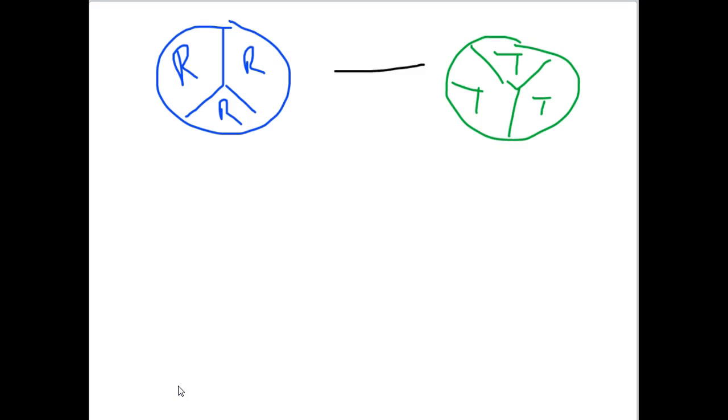And they are in an equilibrium, but that equilibrium favors the T form much more than the R form. So let's say, for argument's sake, that at any given time, this is a 90-10 split or proportion. In other words, 90% of the enzyme remains in the T form and 10% remains in the R form. So the enzyme, excuse me, is heavily tilted in favor of the T form, but there is some free R